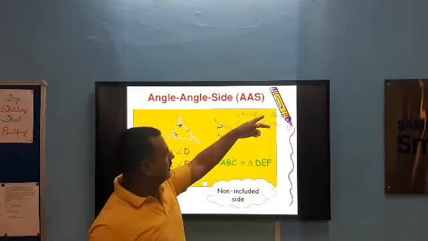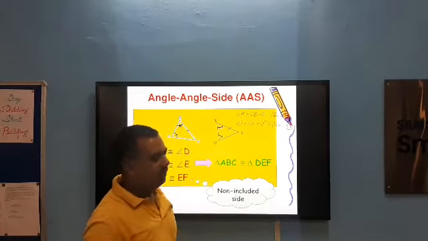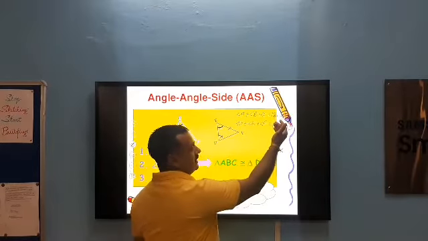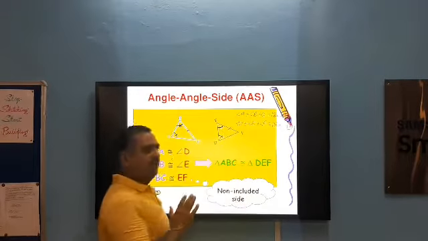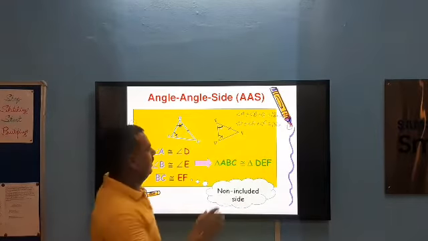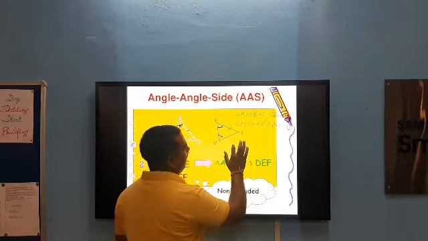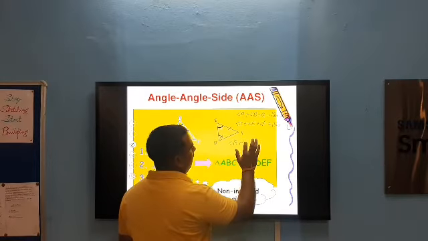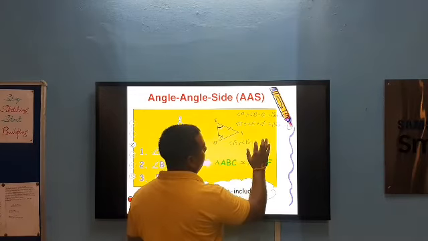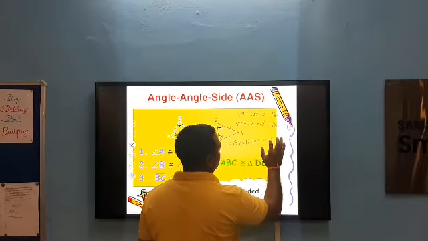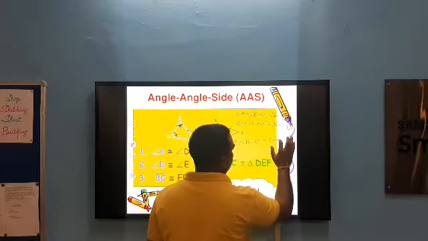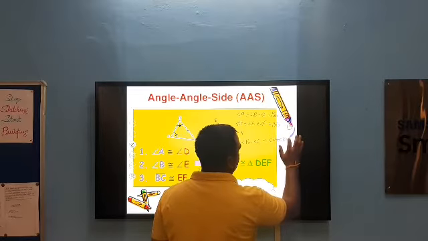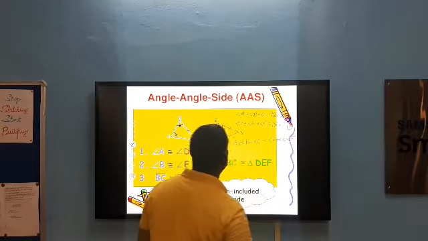In these two equations, equation number 1 and equation number 2, the right sides of the equations are equal, so the left sides of the equations are also equal. So we can say that angle A plus angle B plus angle C is always equal to angle D plus angle E plus angle F.